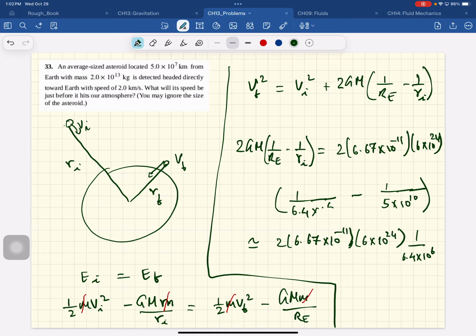All right, let's take care of powers of 10. Okay, so this is 10 to the 24. 24 minus 6 is 18. 18 minus 11 is 7. So